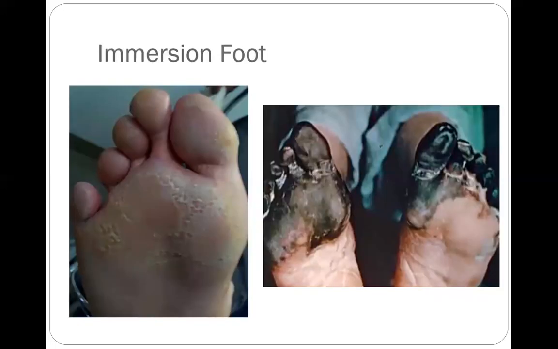The last thing I want to show you with hypothermia, it's kind of considered a type of hypothermia. This is not the same feat that we were just looking at. This is actually an example of somebody who is suffering from immersion foot. Immersion foot is also known as trench foot, and really it just describes somebody who has been